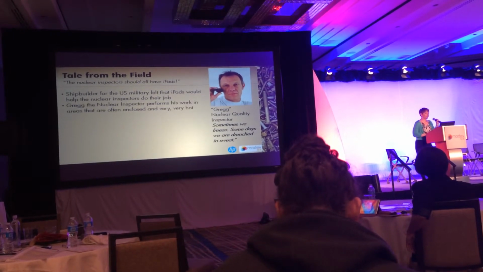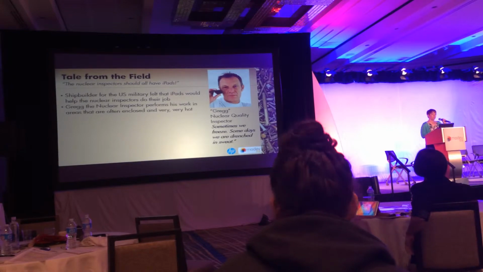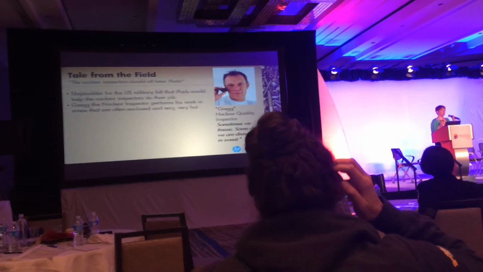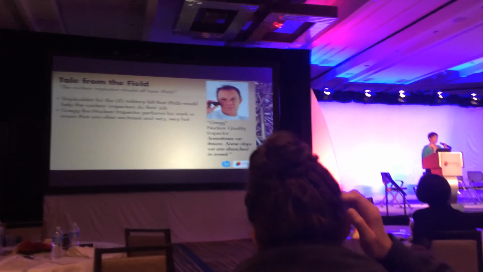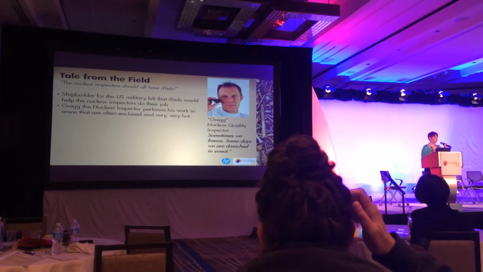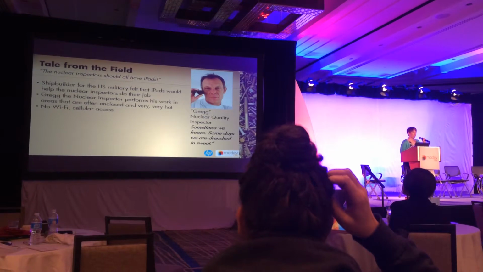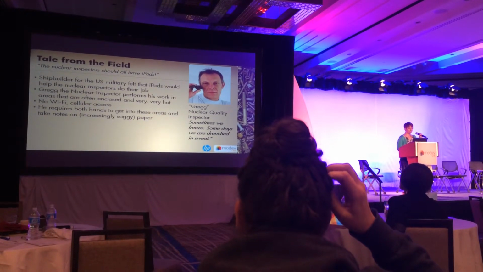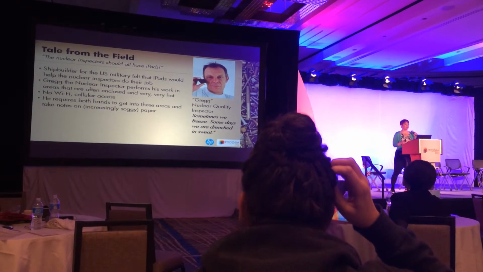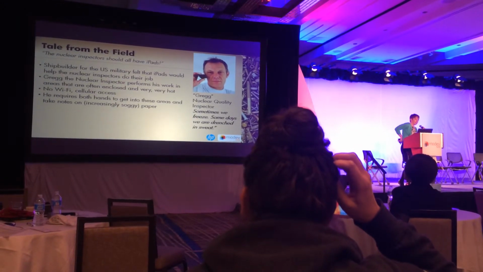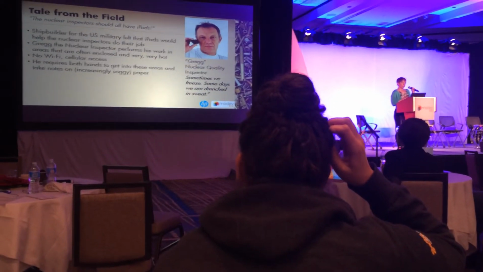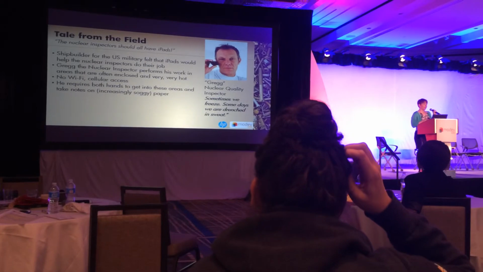This has got to be the answer. Greg, the nuclear inspector, works in areas that are often very, very hot, as in Virginia in the summertime, in a metal box without air conditioning. No Wi-Fi, no cell access. He needs both his hands to get into these places. He puts his stuff kind of wedged down his pants and takes notes on what he describes as increasingly soggy